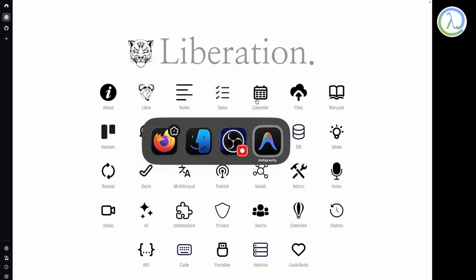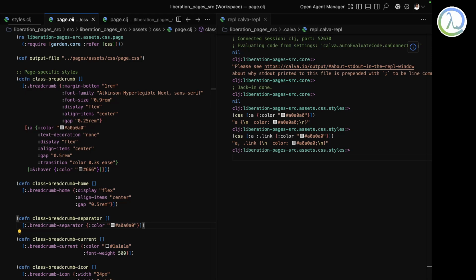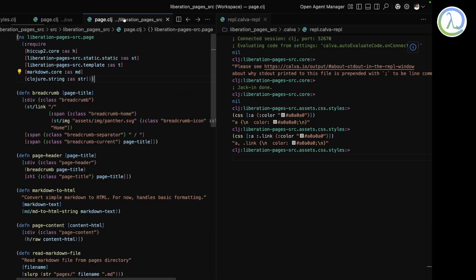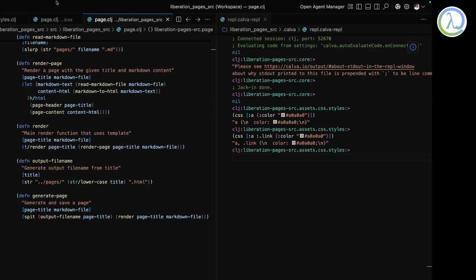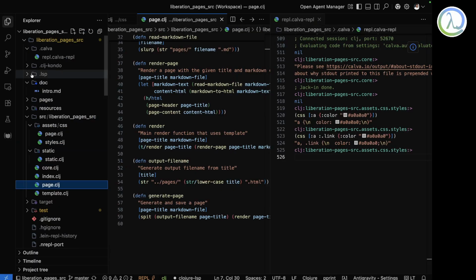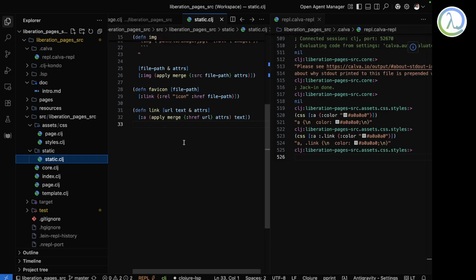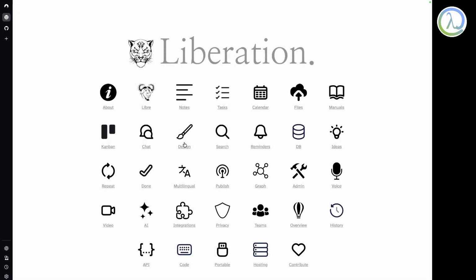Of course, I use Hiccup. If you take a look at this page, page.clj, it is totally Hiccup. I am also writing another thing called static. This is actually nothing but a static website.